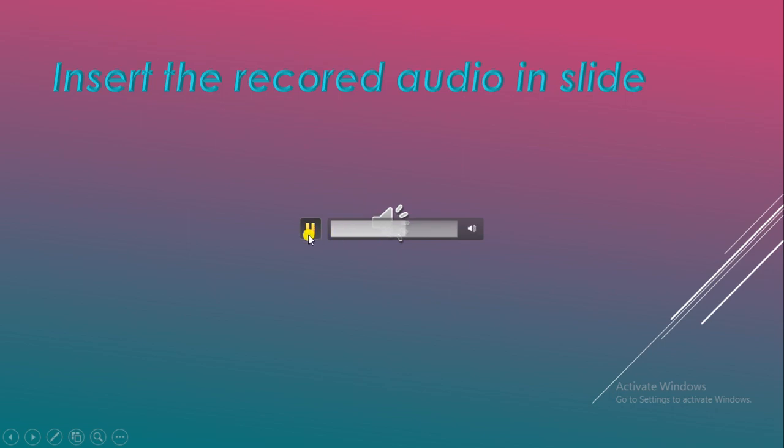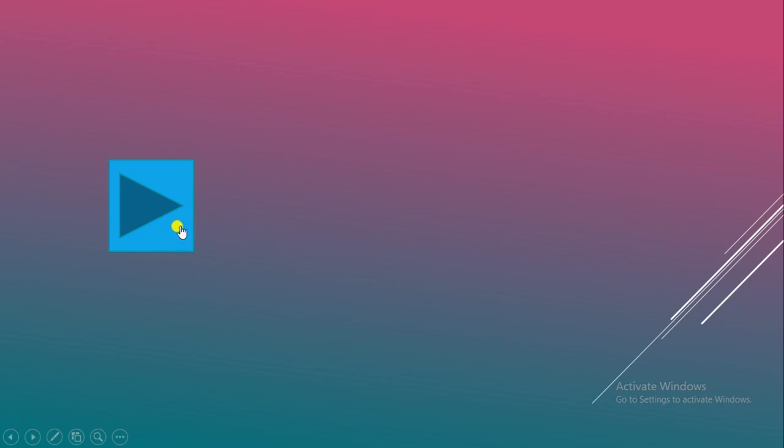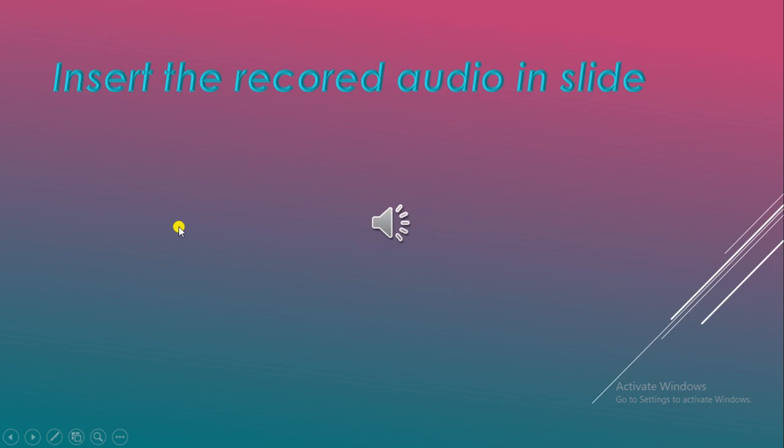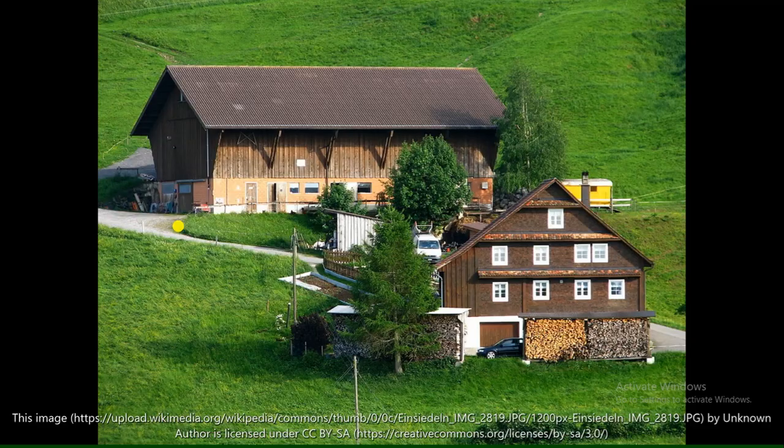Okay, in this way you can insert. When you click on this icon you will go to the previous slide. Okay, and whatever sound we have given, that sound will be played. Fine. So this is what the action button is. Now let us see the last topic, that is importing data from Word.